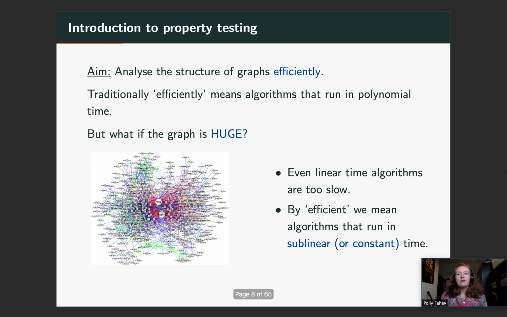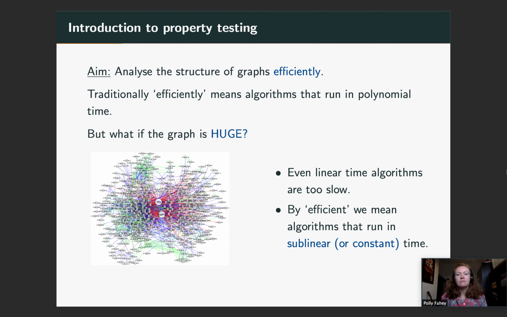And so for huge graphs, by efficient, what we actually mean is algorithms that run in sublinear or even constant time. Now, of course, if we aim for sublinear time algorithms, then we cannot even read the whole graph once, and so we know we're going to have to sacrifice some accuracy. And property testing provides us with a framework to develop these super efficient algorithms whilst providing probabilistic guarantees on the